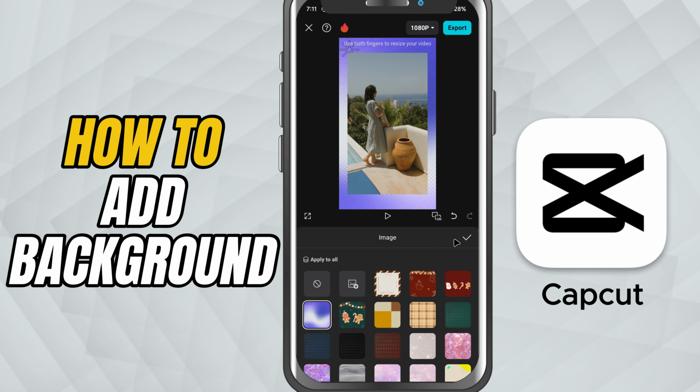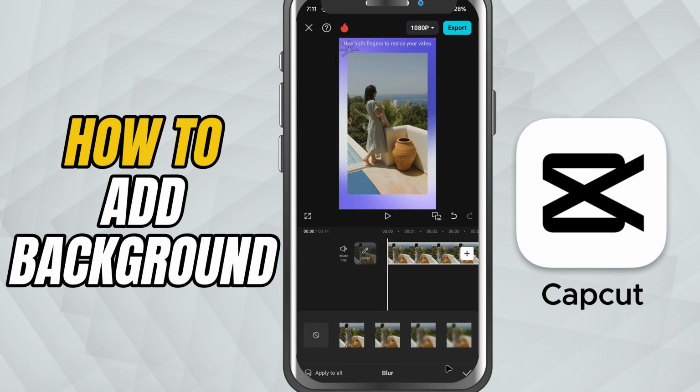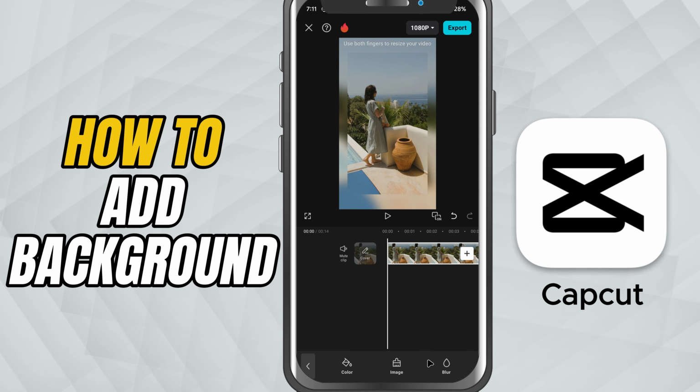Finally, there's the blur option. This one uses your video as the background but applies a smooth blur to it. You can experiment with different blur versions to find the one that fits your style, like soft motion or cinematic blur. Once you're happy with the result, adjust your video's position and scale so it fits perfectly over the new